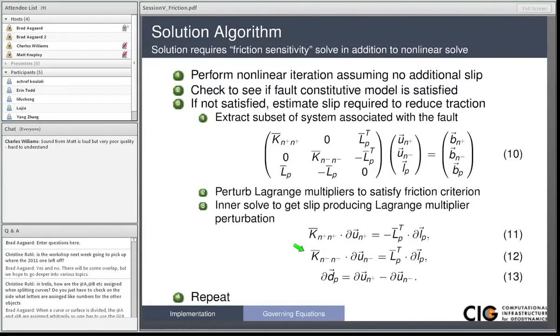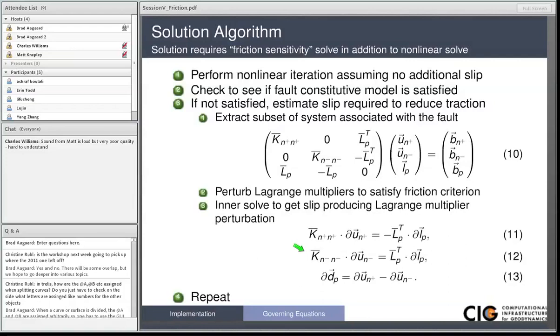If it is not satisfied, then we want to change the slip so that it will be satisfied. By increasing the slip, generally we're going to reduce the tractions that are applied to the fault, and so we want to bring the tractions down so that they are consistent with the fault constitutive model. And the way we update the slip to try and satisfy the traction condition for the fault constitutive model is